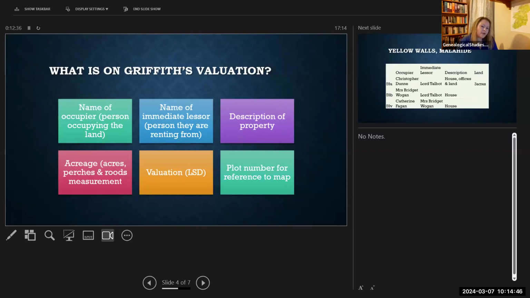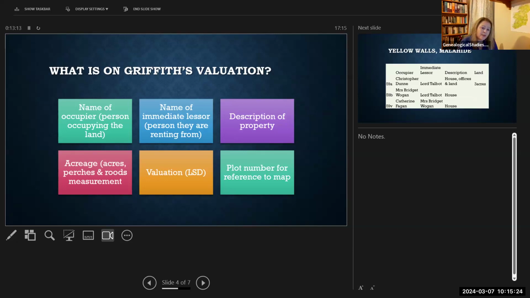On the valuation, you also see a plot number which refers to a map, and we're going to look at that in a minute. I also want to make some comments about names on this valuation. So if you've got a list of names in a townland and you see that there's the same name in more than one place in the townland, say we've got a James O'Shea, and then further down the page, there's James O'Shea. If there's no differentiation on those names, you can take it that it's the same person. Even if their plot numbers aren't beside each other, you can take it.